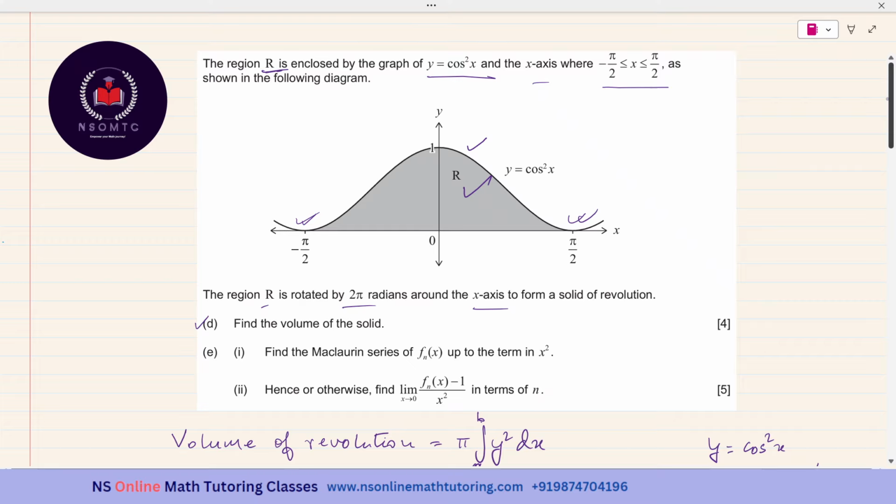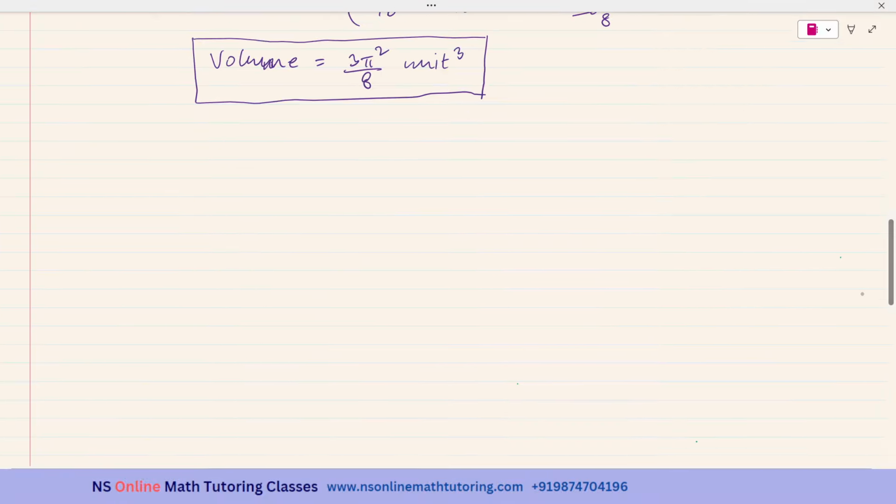Now the subpart E, it is having two further subparts. The subpart I is saying, find the Maclaurin series of fn of x, that is cos x raised to the power of n, up to the term in x squared. Okay. So EI,